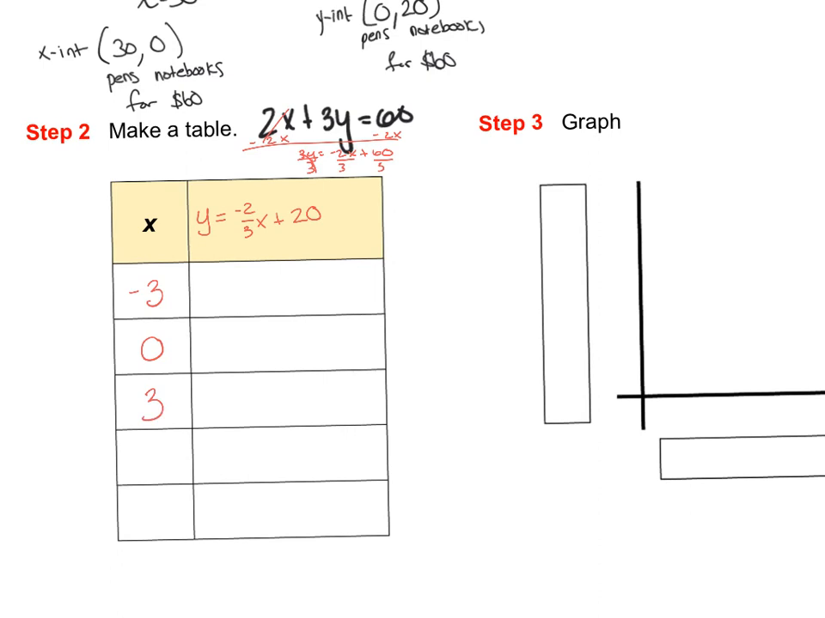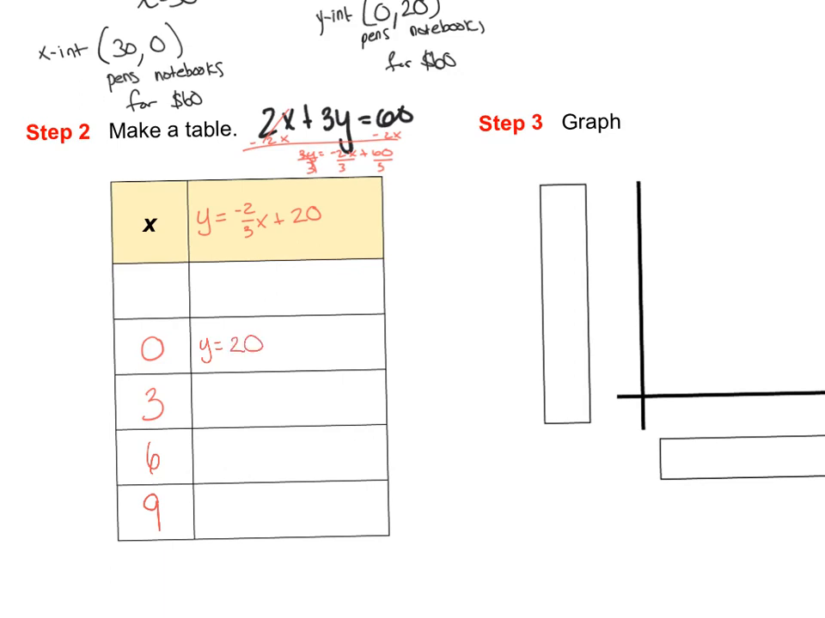Negative 3 is not going to work in this case because we're talking about purchasing a number of pens and notebooks. We wouldn't purchase a negative amount. But you can do multiples of 3 then, so 6, 9, etc. So if I put 0 in, then I get y equals negative 2/3 times 0 is 0, plus 20 is